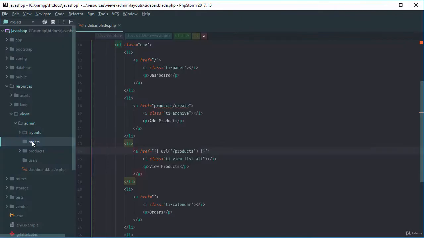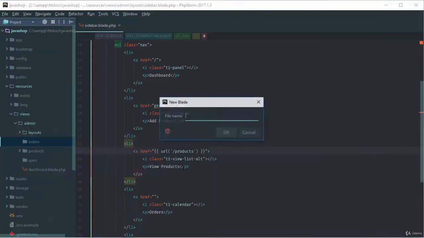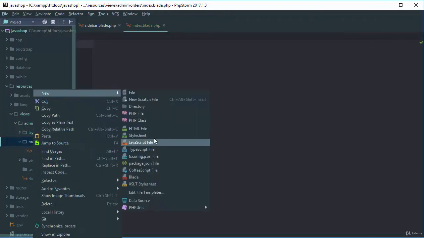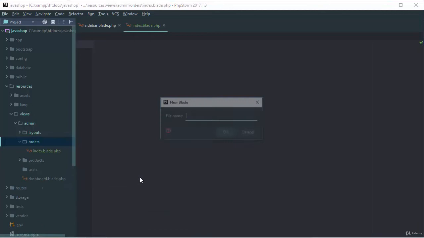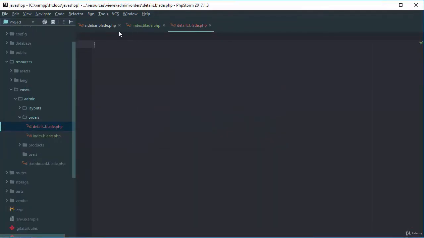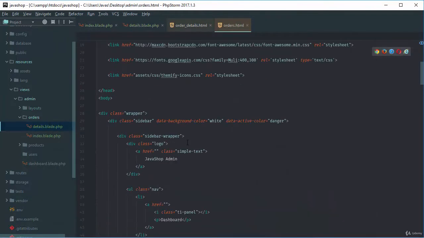So if I go to my orders folder directory that I've created and right click and create a new blade file called index, and then I need just the details, right? Okay, now if I open both of them in my text editor, and simply I will just need